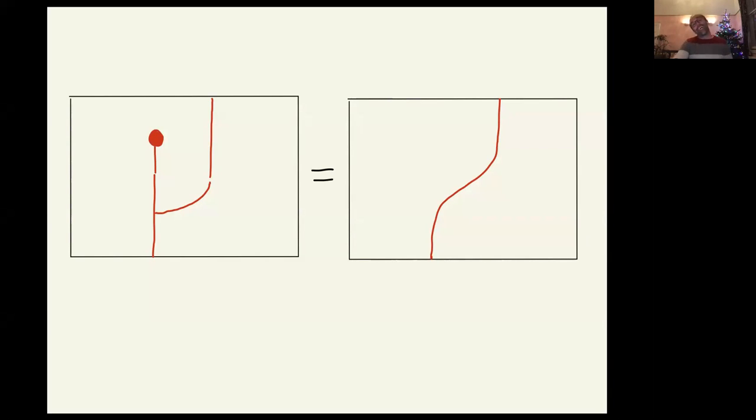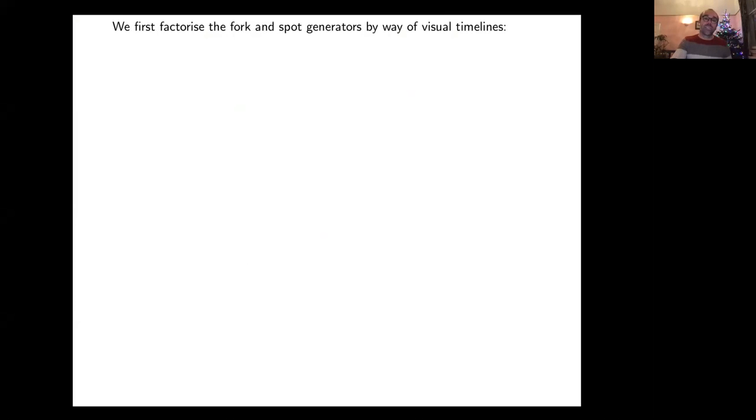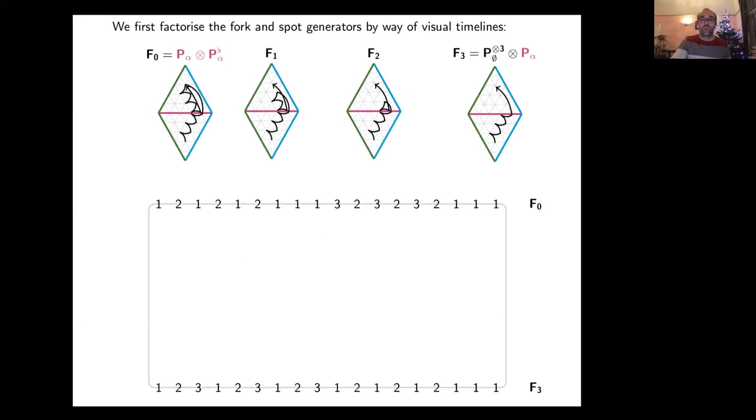Since you asked, I'll show you. So here on the left, we've got this spot and a strand next to each other, and I put them on top of a fork. And so what we have to do, and I'll just rush through this. Here's my fork, right? So on the far left, there's a fork, but I've factorized it through this timeline